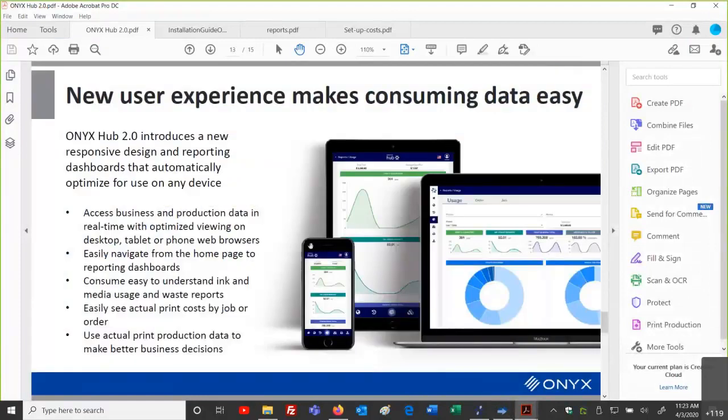So for sure, you can access this information across your different computers, your tablets, your iPhones, whatever you're working with. It's all these different browsing methods, right? We've got Apple and Android and all that stuff, and it's all good. So it's whatever you prefer, whatever you're working with, this information can be tracked, and you're able to access the Hub interface from this and see this real-time information across these different devices. So the reporting dashboards are available cross-platform.